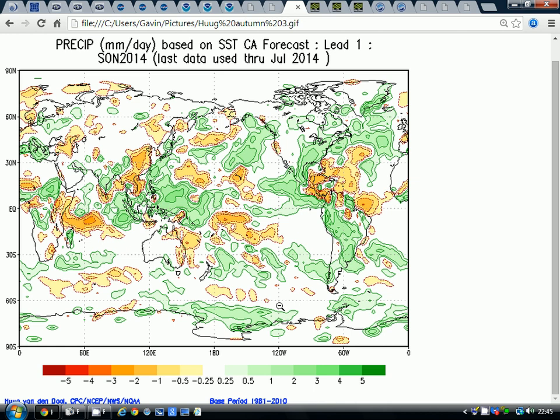But going on to the precipitation forecast from Hugues van der Dul for the autumn, actually he's seeing it near normal to slightly drier than average around the country, but wetter than average anomalies are out in the central part of the Atlantic around here with this area of low pressure. So this is the first model we've looked at that sort of suggested we could get a drier autumn. All the other models have very much been on the side of wetter than average. This is the first one really that suggested a drier autumn is a possibility, with the rainfall being blocked quite a bit out in the Atlantic.